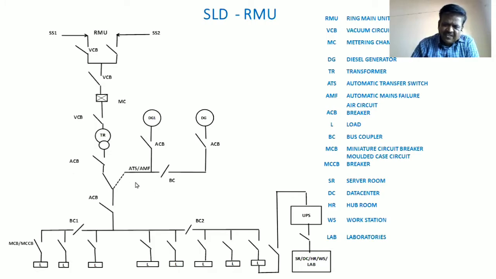Usually, as per the present requirement in IT/BT companies where they have server rooms, data centers, hub rooms, and labs and all, their requirement is that this changeover should happen within a maximum of 14-15 seconds, not more than that. When EB fails, within 14-15 seconds this changeover happens, so it will connect the entire load on the DG. And when this is connected this side, you see that the entire thing will be isolated, disconnected from the load. The entire load comes on the DG.